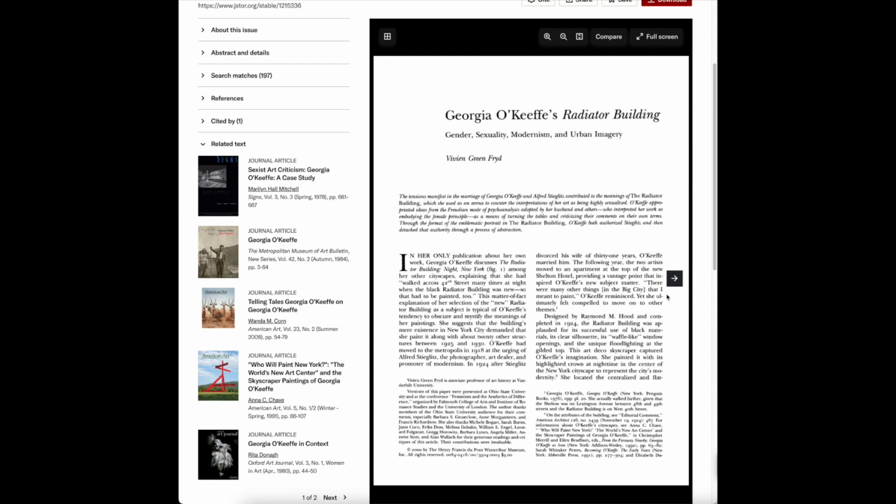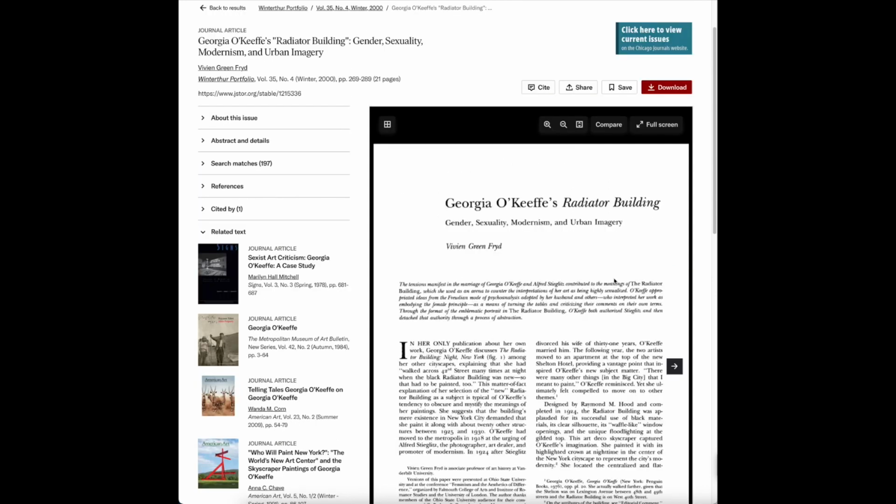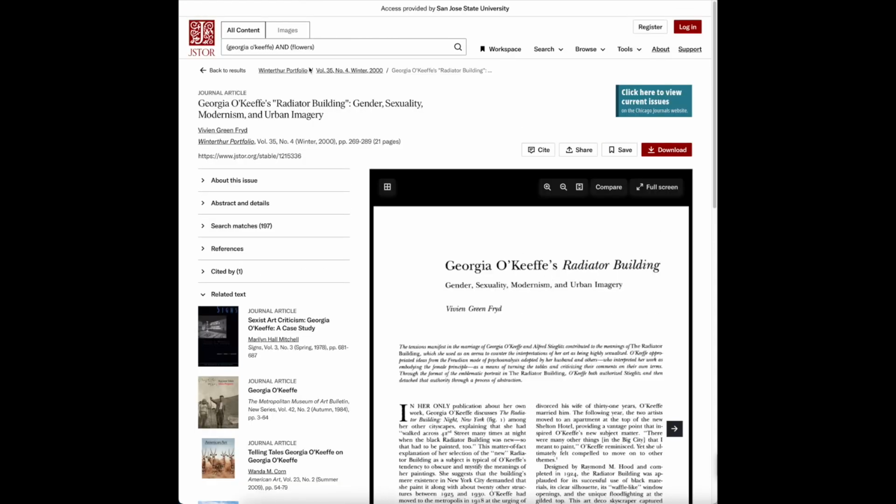Georgia O'Keeffe was a massive artist, a very, very famous painter. You're also going to see a lot of photos of her, and you might ask, why does she have so many photos of her? And that's when you realize, oh, Georgia O'Keeffe is married to one of the most famous American photographers, Alfred Stieglitz. So you might need to go back and say, you know what, I need to look up Alfred Stieglitz. So you go back,